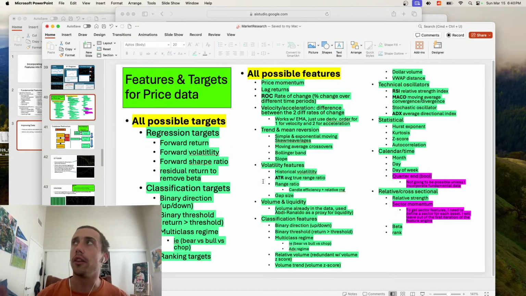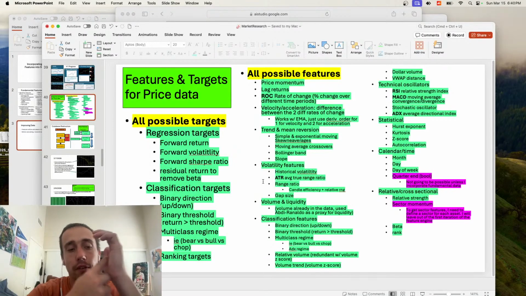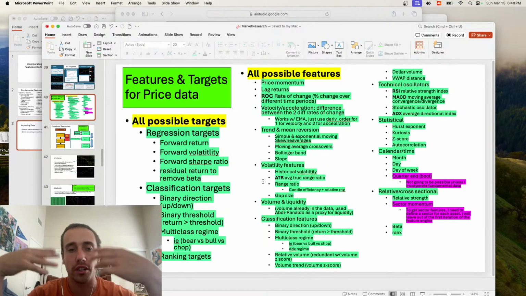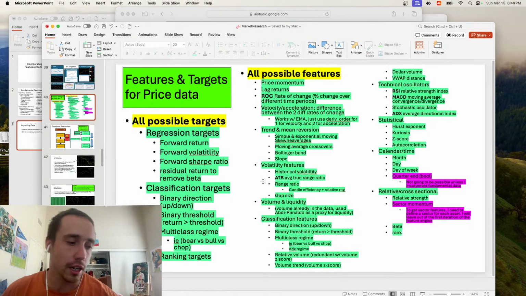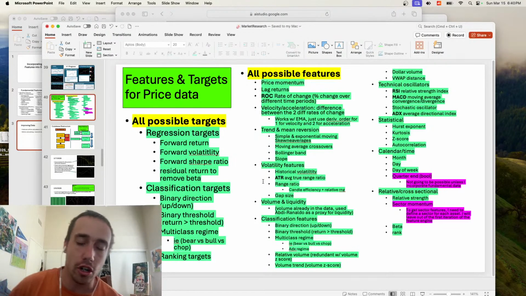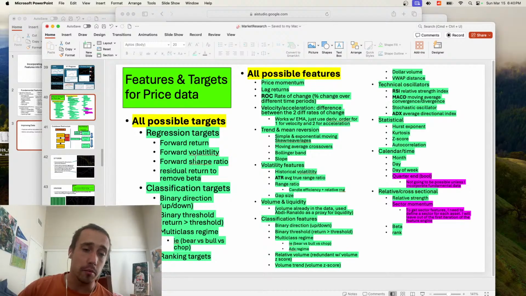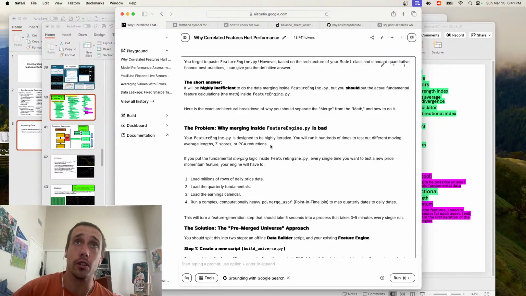The fundamental features I have are stuff from earnings reports. And then I also have earnings estimates. So the company will release earnings estimates as the quarter's going on to try to give buyers and sellers a target for how they think the company is currently doing. And so the earnings estimates are happening every week, and then quarterly reports are only 4 times a year. And then, of course, price data we have for every day that the market's open. So the data sets are going to look completely different. So I want to know, do I incorporate this into my existing feature engine, or do I need to add a new engine for fundamental features?